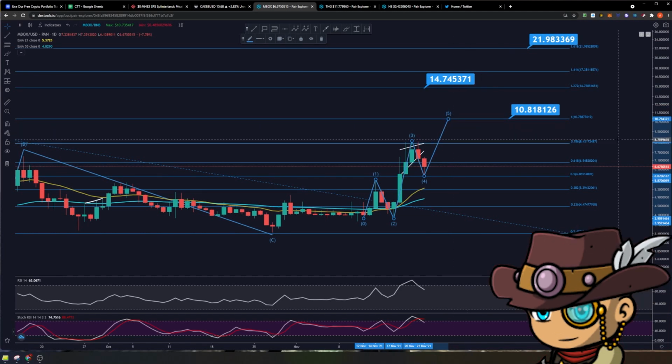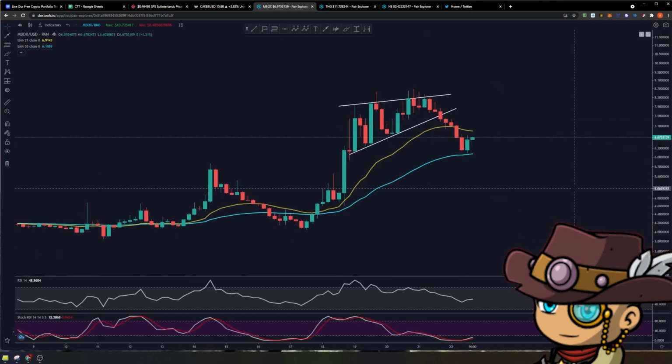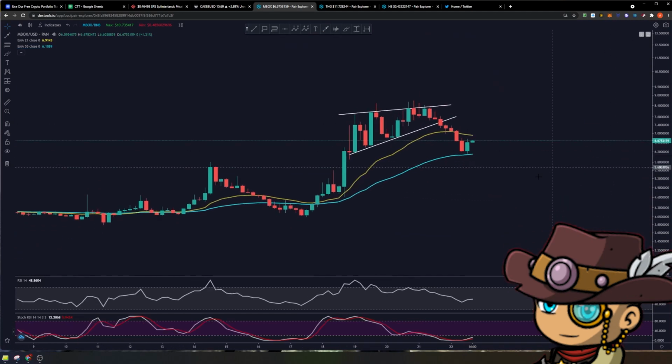Now, this doesn't mean that we will not reach our targets of 1474, 1081, or $21 in the future. That's not the point here. The point here is it will take another structure for us to be able to get to these price levels in our Fibonacci ladder. So when we look at it at a 4-hourly time frame, this is where we can